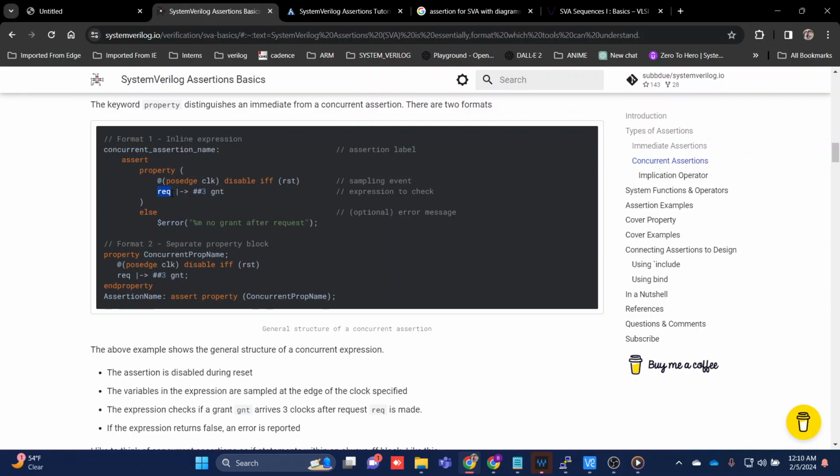Before the implication operator says rec, so if rec is high, then it will go and check after the implication operator. Here we are telling after 3 clock cycles grant should be high, like that we are telling. In case if it passes, it will pass, if not it will give you an error. This is one format. The other format is like you need to give the property name